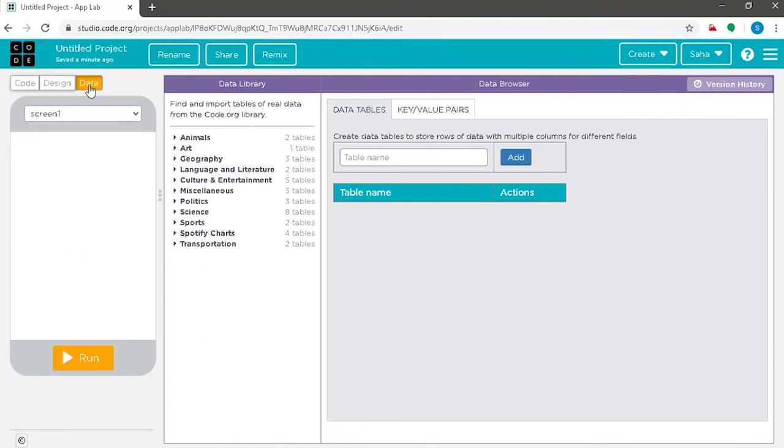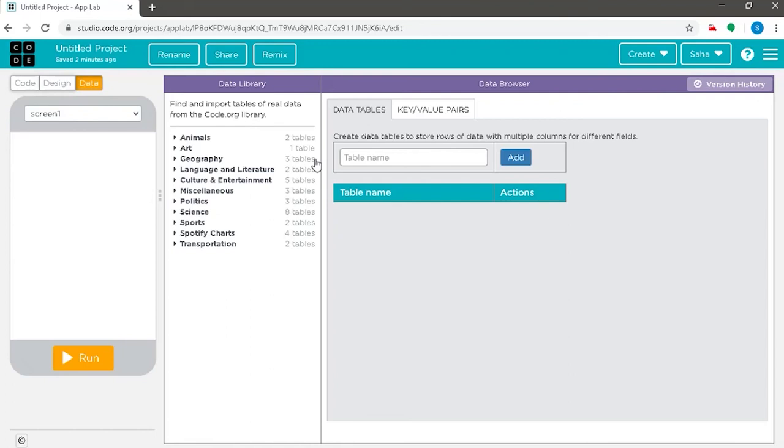Now, data gives you various estimates and approximation on various topics of animals, art, geography, language and literature, culture and entertainment, miscellaneous, politics, science, sports, Spotify charts, transportation, which are featured here, and a table name to analyze the data can be created here with specifying your table name. Now this is called switching on to the data mode.